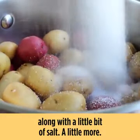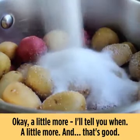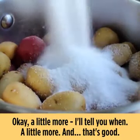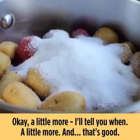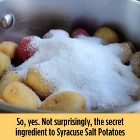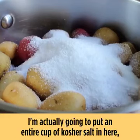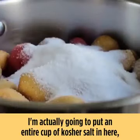A little more. Okay, a little more. I'll tell you when. A little more. And that's good. So yes, not surprisingly, the secret ingredient to Syracuse salt potatoes is a massive, massive amount of salt. I'm actually going to put an entire cup of kosher salt in here, which means, as you can see